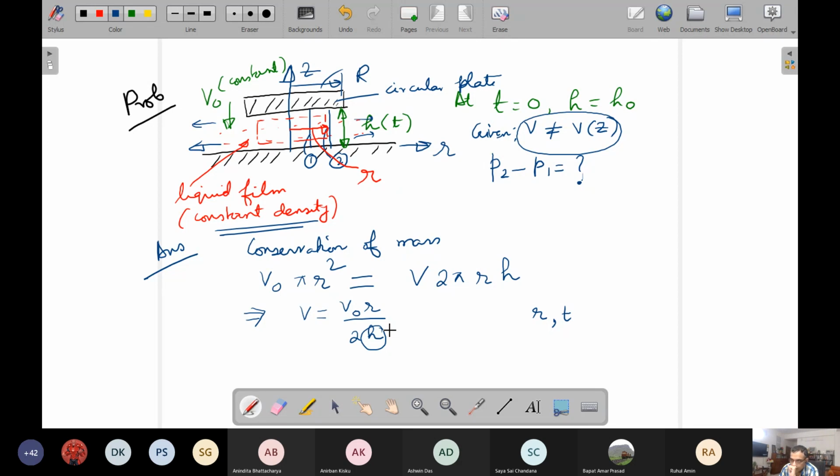Now our objective is to calculate the pressure difference between sections 1 and 2, and to do that, what we understand is that we are not considering any variation along z. So in a way, what we are assuming in terms of the nature of the streamlines is that the streamlines are all straight and parallel, the yellow colored ones that I have just drawn, simply because there is no variation along the z direction.